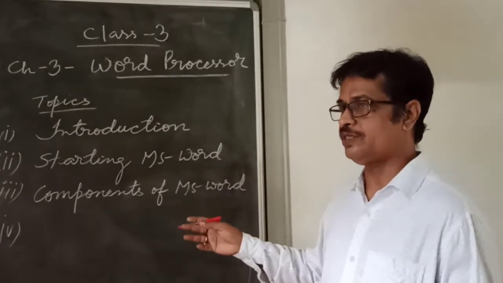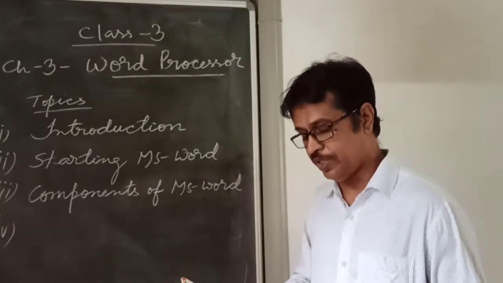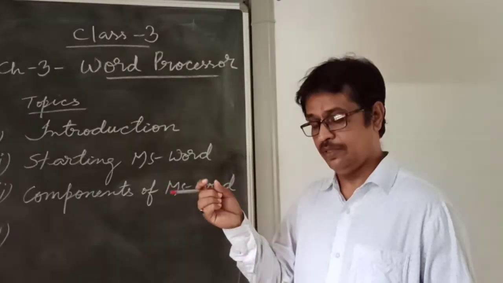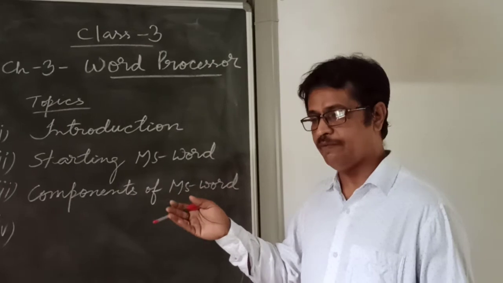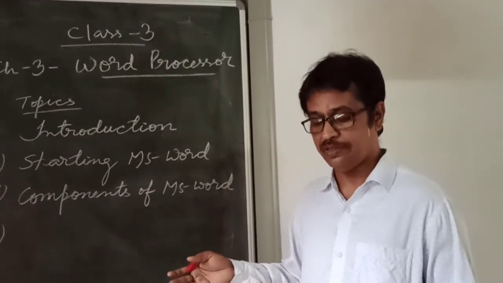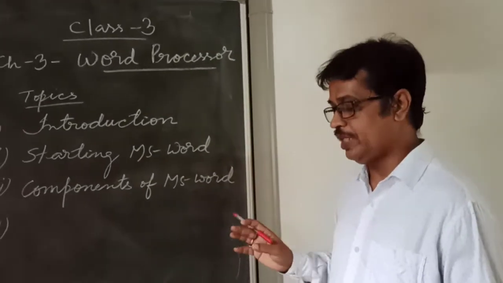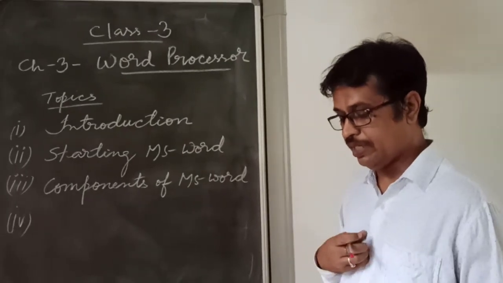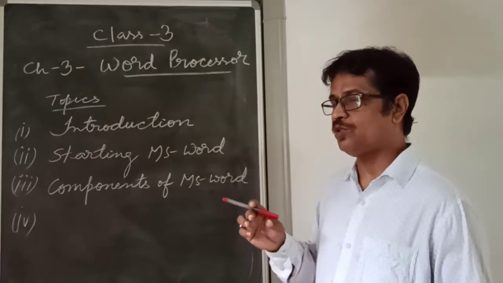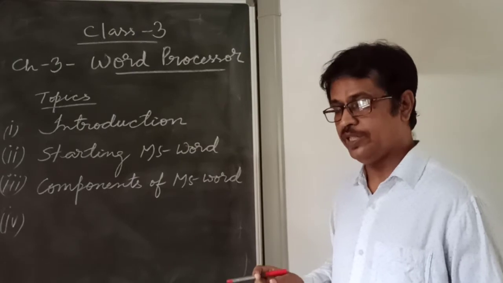Working area is the place where we enter text, and the title bar appears at the top of the Microsoft Word window, where you can see the file name or document name, the program name, the minimize, maximize and close buttons, as well as the quick access toolbar. Two components we have already discussed. Now the third one is the ribbon. Ribbon contains all the commands or shortcut tools along with the tabs.